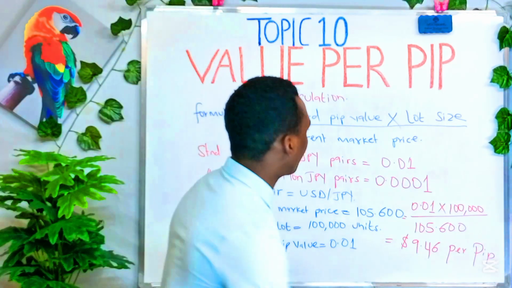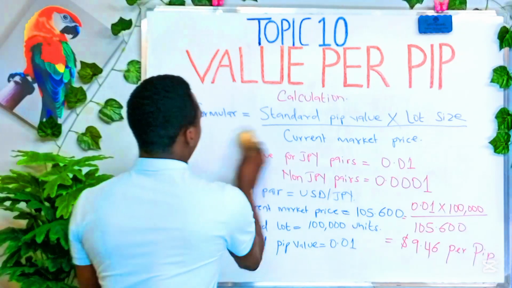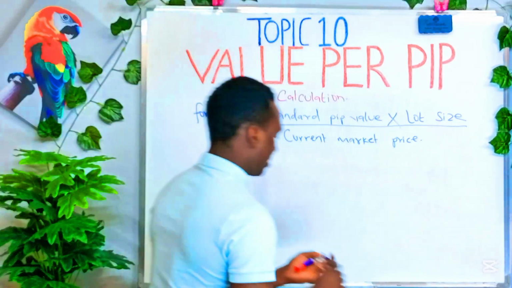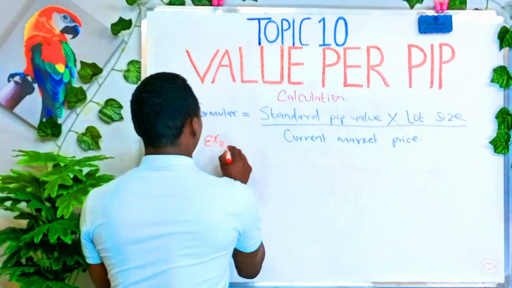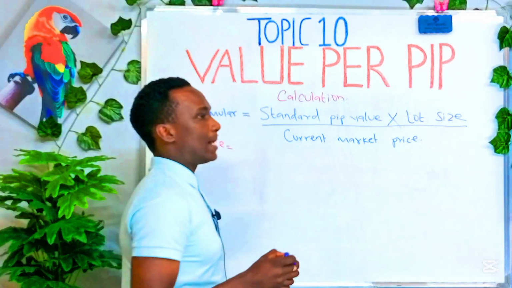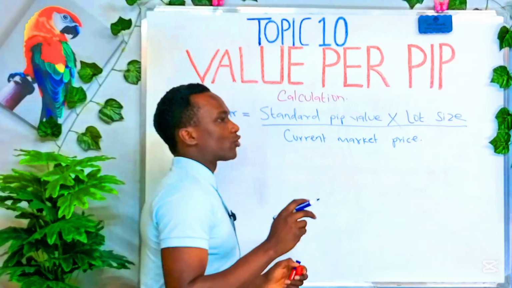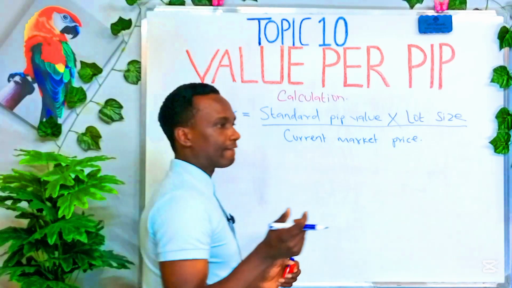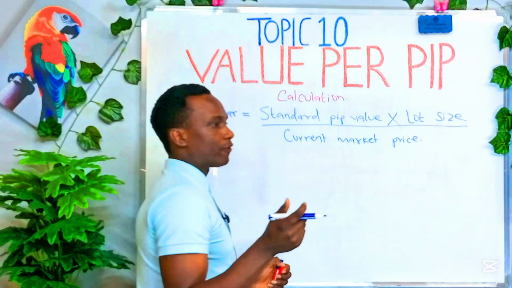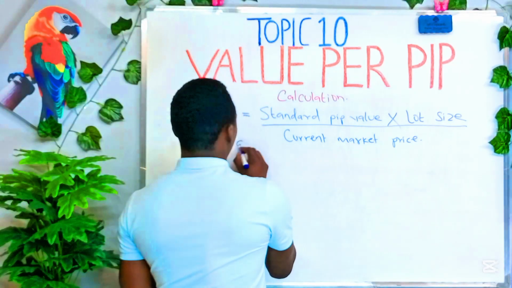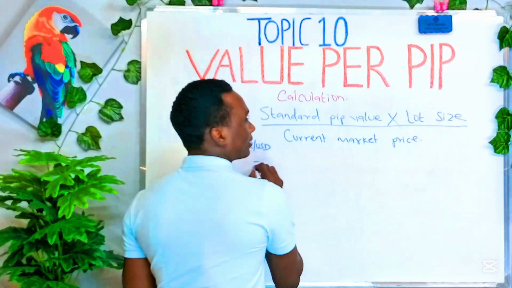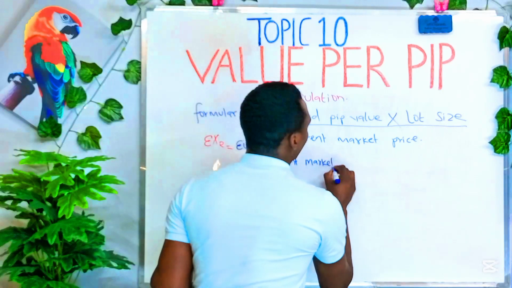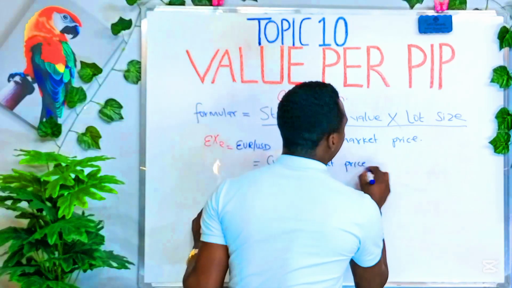Okay? We look at another example. So we wrap this. Is that right? Yes. So we wrap this and look at another example. Let's say example 2. Example 2, let's say we look at Euro USD. Okay? Yes. Euro USD. We look at the Euro USD. What is the current market price? The current market price of Euro USD right now is